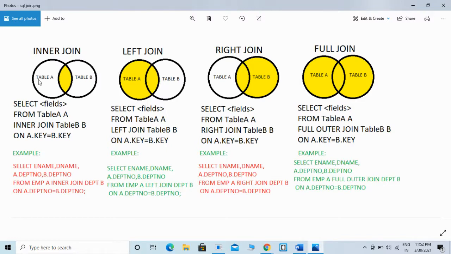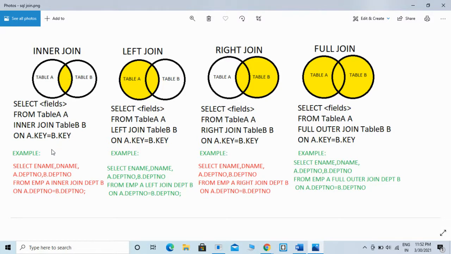Here are table A and table B. The yellowish color shows the common and matching column between both the tables. The result set will come from the matching column between both the tables, that is, here we showed in the yellowish color.